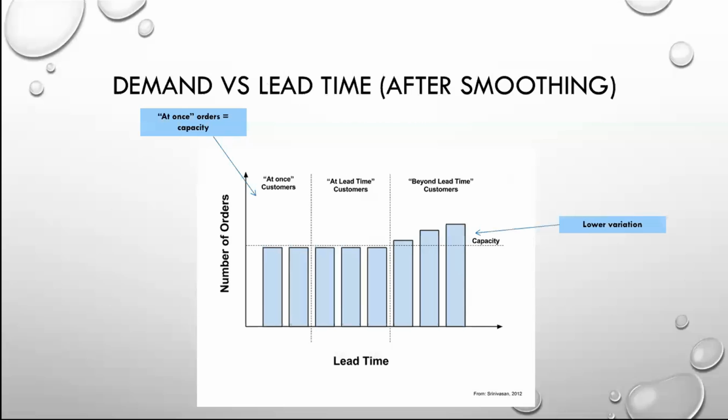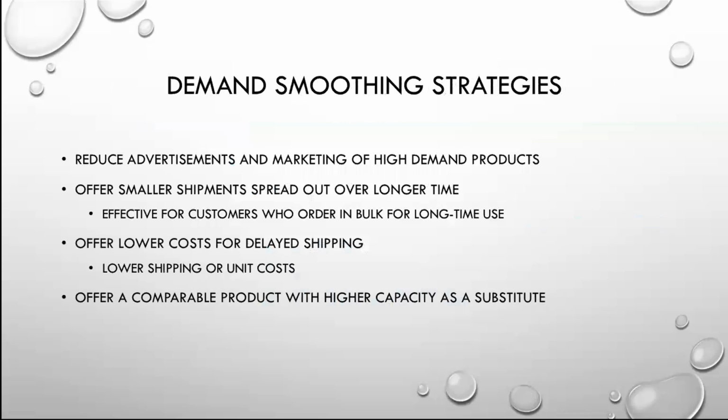So what you would do here is, if you see this forecast, you would go to the customers that are beyond lead time and see which of those customers would be interested in various demand smoothing strategies. And I'm going to cover that now. So here are some demand smoothing strategies. I've pulled these from companies like Amazon. Boeing uses some of these. There are probably a lot that I did not list here, but these are the most common ones.